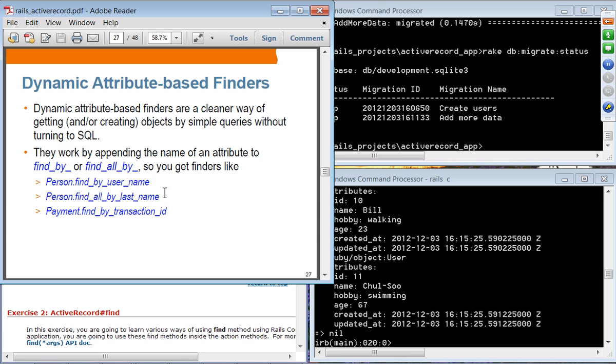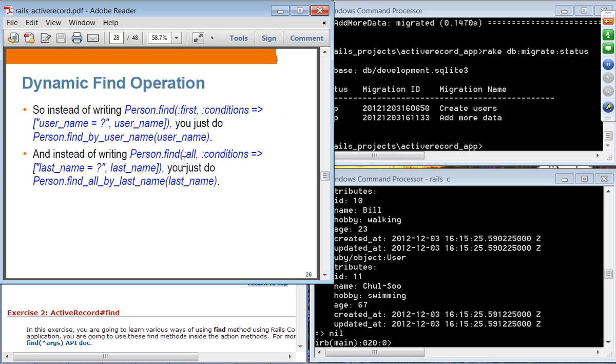So if there is a field called username, you can say find_by_username, or find_all_by_last_name, or find_by_transaction_id, and these are application-specific fields. And you can use this find method that reflects that particular application's table structure, which is very powerful. So it's a lot easier to read, of course. So instead of